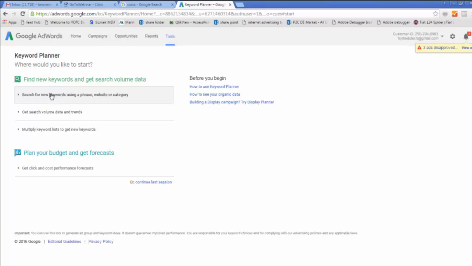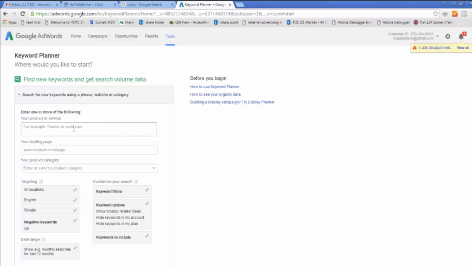And it'll tell me these particular keywords are searched this number of times, and this is the competition in those particular keywords. Is it high, is it low, is it very high, very low, and what should be the estimated bid around it. So you have to think about the budget also, like I have this much budget, so I can bid around this much and all that. So let me go into this option, your product or service. So I'll write here that my product or service is jewelry,